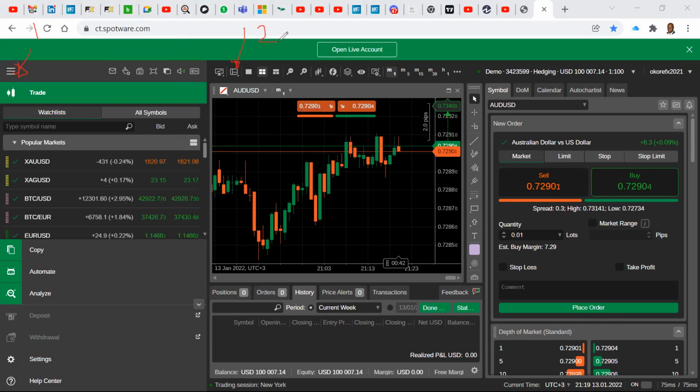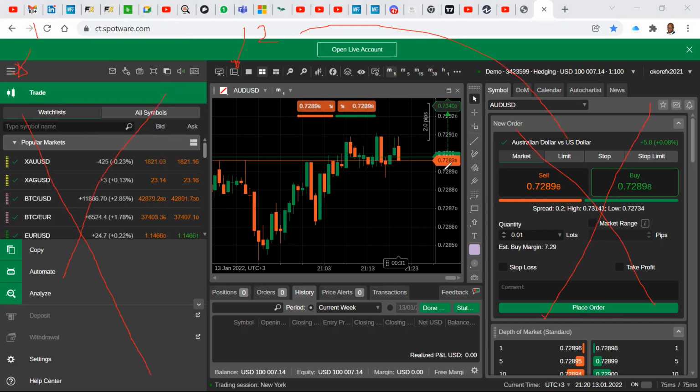That's your number two. That will take care of this mess over here. Okay. Now, once you've become more comfortable with trading, then you can play around with them, because the one on the left allows you to change the currency pair you're trading, like popular markets, and so on.